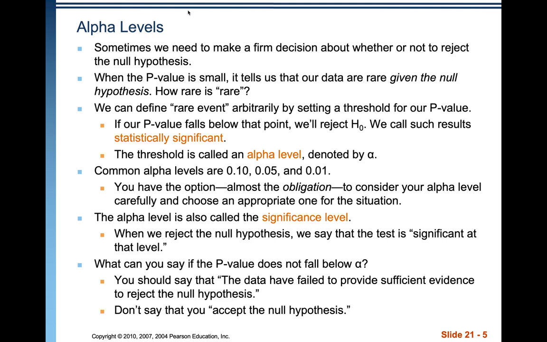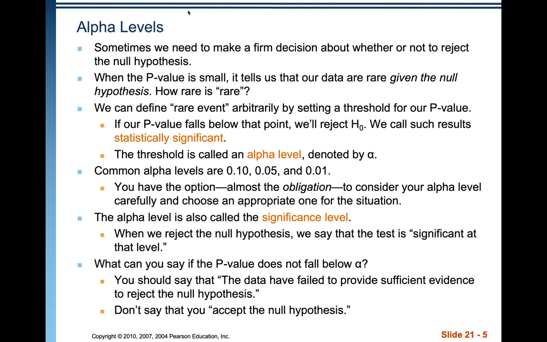Sometimes people want there to be a value that we check the p-value against, because this concept of a low p-value seems kind of slippery. So sometimes there is a level of evidence that's established ahead of time, and we call that an alpha level, which is represented by the Greek letter alpha. If our p-value falls below alpha, we reject the null and our results are statistically significant. Common alpha levels are 0.1, 0.05, and